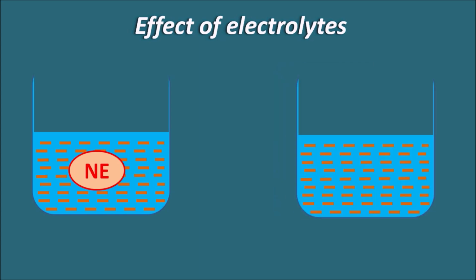But now let us take another solvent where we are going to dissolve an electrolyte. Suppose we take a strong electrolyte like sodium chloride. When we take sodium chloride, it can be dissociated such that it is converted into Na+ ions as well as Cl- ions. Now, in the case of electrolytes, the number of particles within the solution is increased because of dissociation of the electrolytes.